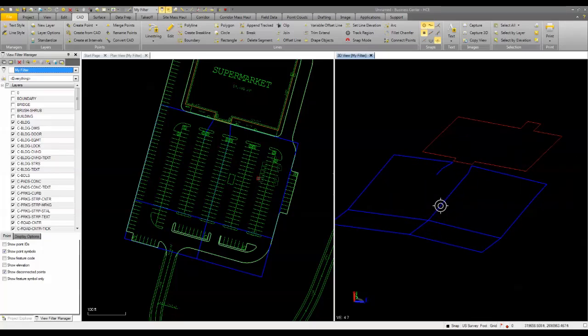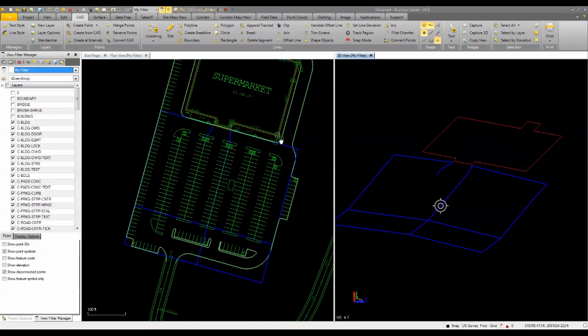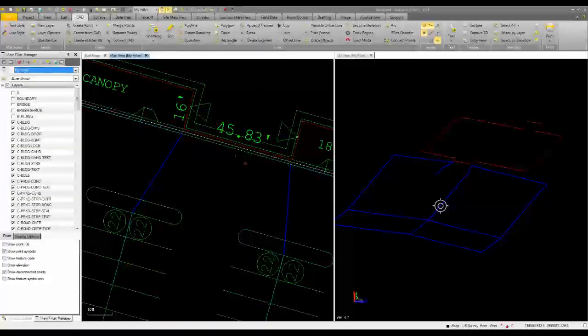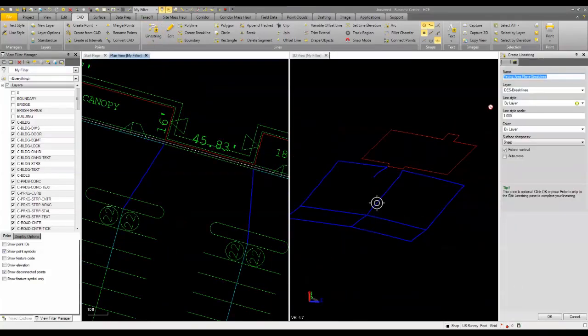So what I can do if I wanted to is start creating the finished design surface here. I still got to come through and elevate the rest of these, so we're going to do that as well. Now I do need to add another high spot over here to get the water, because this is flat in here. So let's add that additional line string. So I'm going to click OK to this,